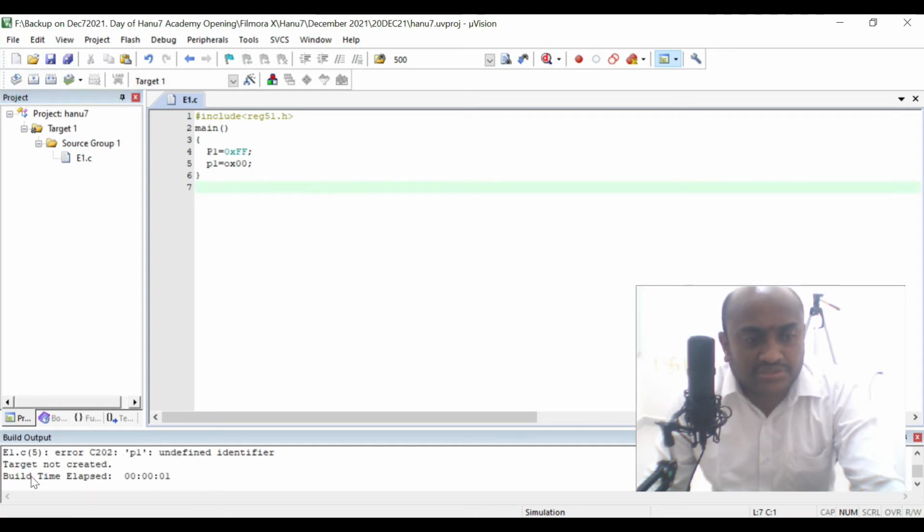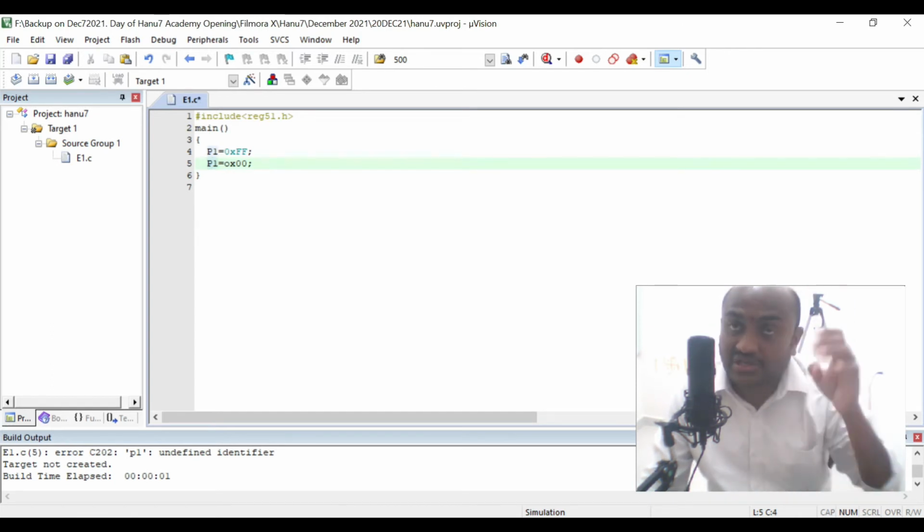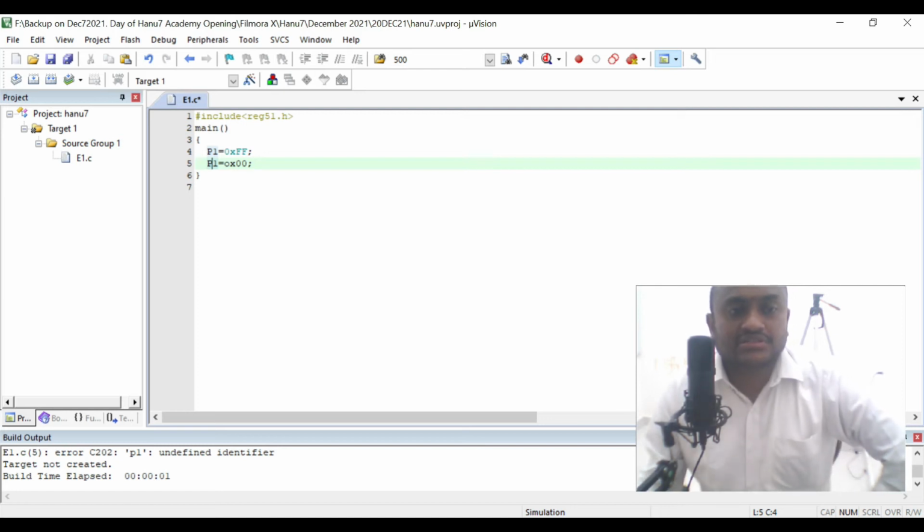Now this time it started building the target, but it is telling that it is compiling, and it doesn't know what p1 is. P1 is an undefined identifier. It is telling that I don't know what small p1 is, but it identified capital P1. So let me change this to capital P1 again. This tells that whatever the case, small or capital, which is there in reg51.h, that only we have to use.